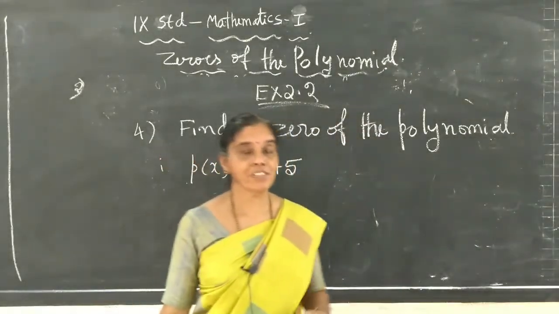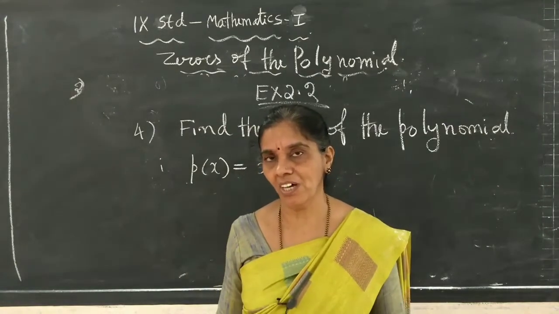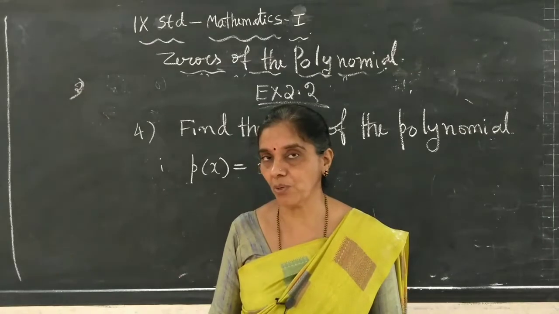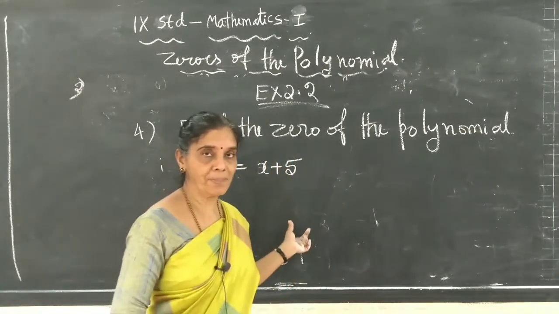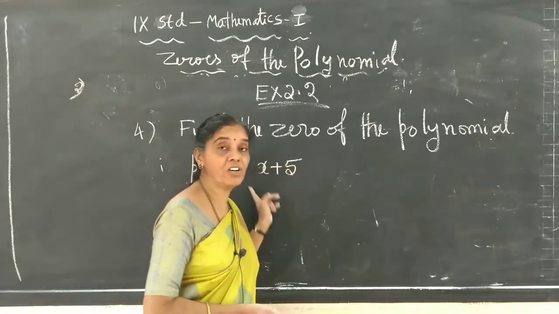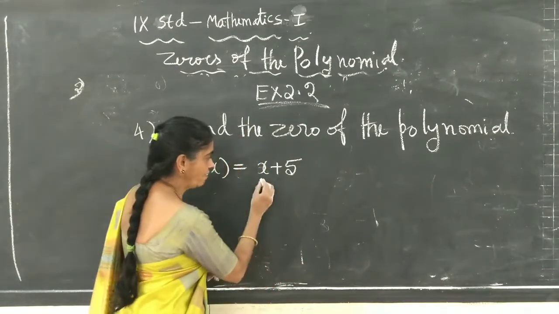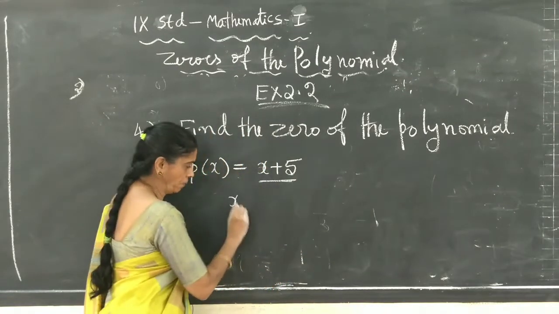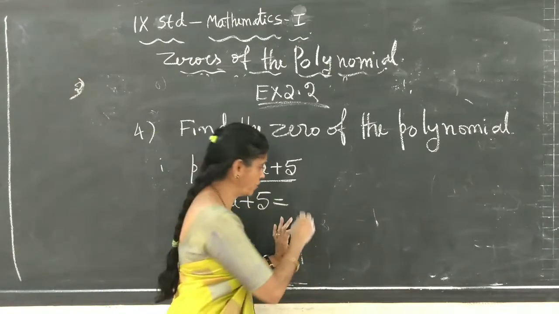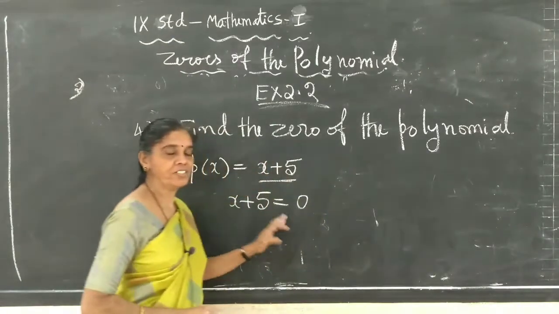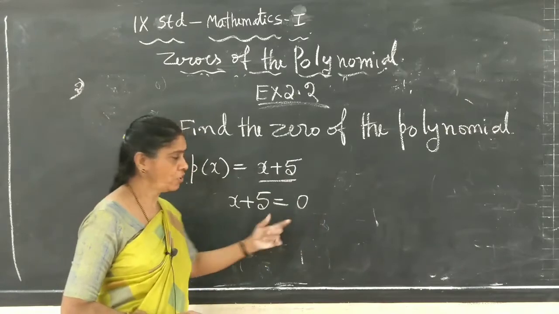Now, here the x value is not given, we have to find it. For which particular x value does the value of this polynomial become 0? For the 0 of the polynomial, the value of the expression turns exactly into 0. So I will take this polynomial x plus 5, its value becomes 0 at the 0 of the polynomial. In the 0 of the polynomial, the value of the polynomial is always 0. So write 0 here.